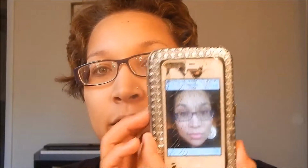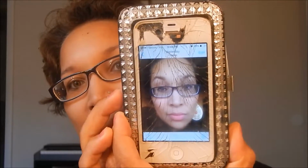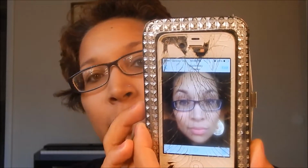And excuse my cracked screen, but this is the photo that I uploaded yesterday, and basically it's just a really basic, quick, easy light contour, light blush, light lip. So I wanted to show you how I did it and the products that I used,